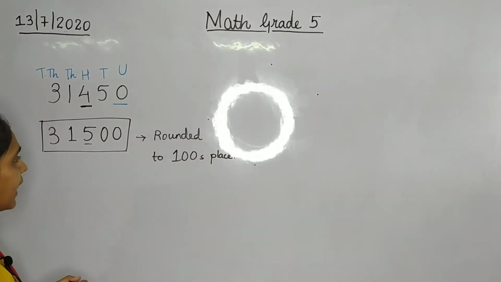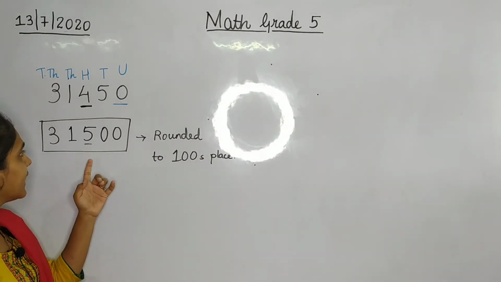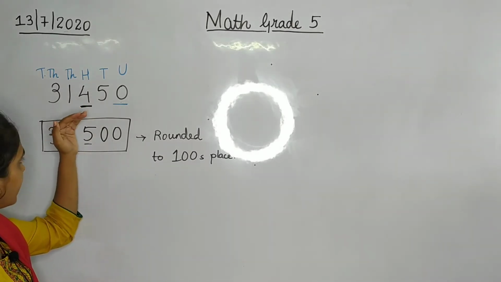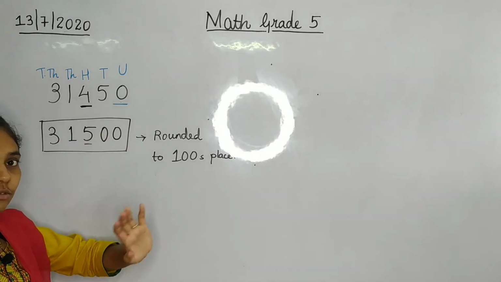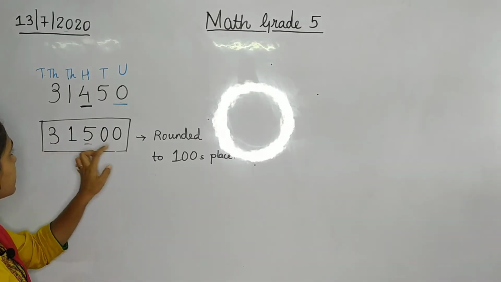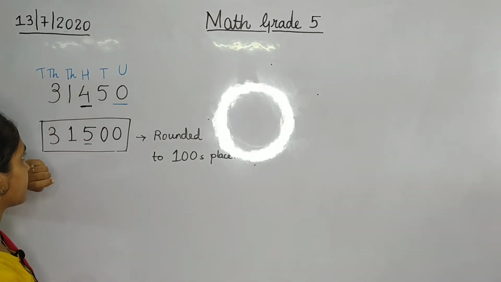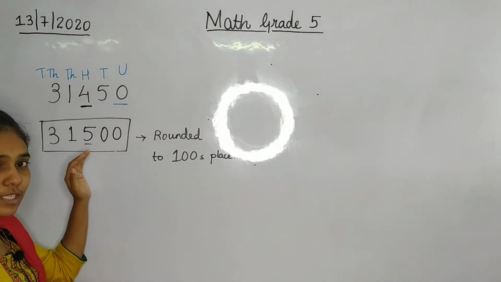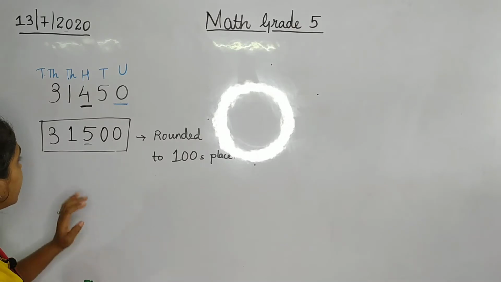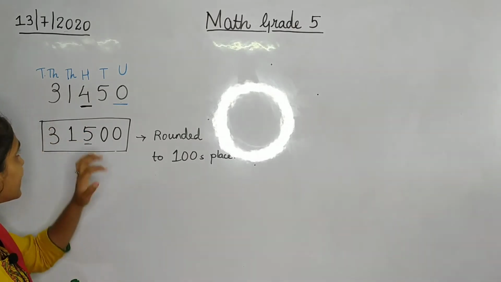One thing more: when we round off a number to its hundreds place, the result will be a hundreds place value, from 100 to 900. Here it is 500. This means the rounding off of a number to its hundreds place: we check the number which is in the hundreds place and round off to its place value. Then the second thing is if we want to round off a number to its tens place.